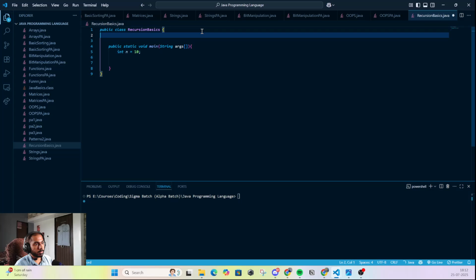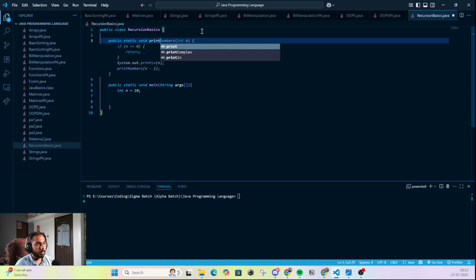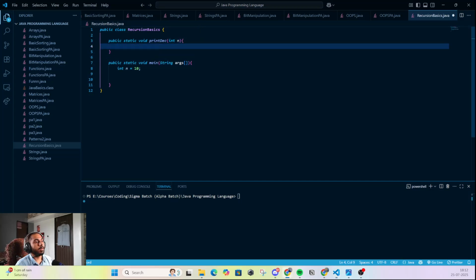Let's define a function for that. Let's say public static void printDec, which takes in a value as a parameter.